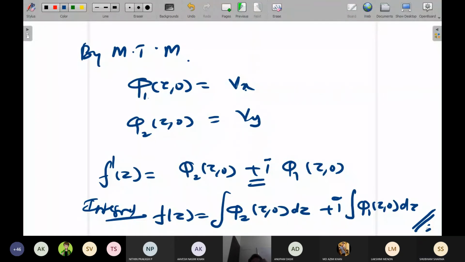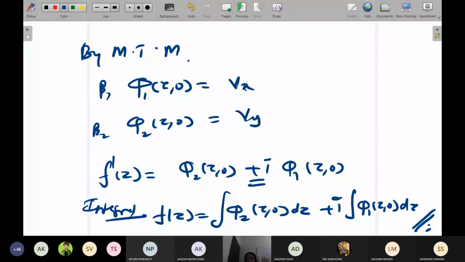Excuse me. Yeah, tell me. Just want to ask about these phi1 and phi2. Only phi1 and phi2 are constants, right? Like 1, 2, 3, or any variable? No, you cannot say it is a constant. It's a name. You can take this as beta 1, beta 2 also. No harm. It's a name.